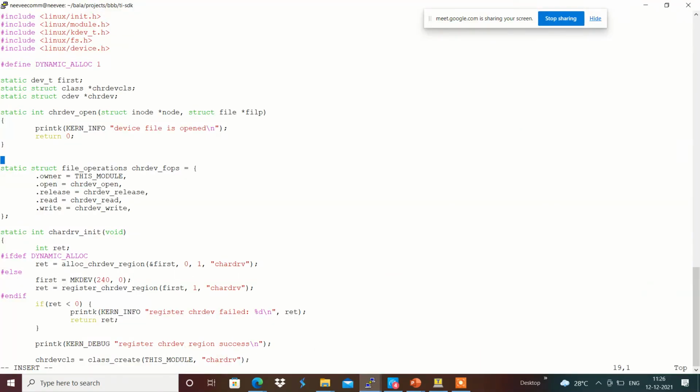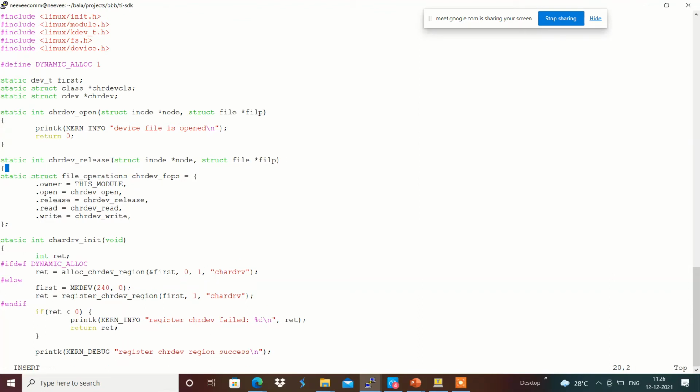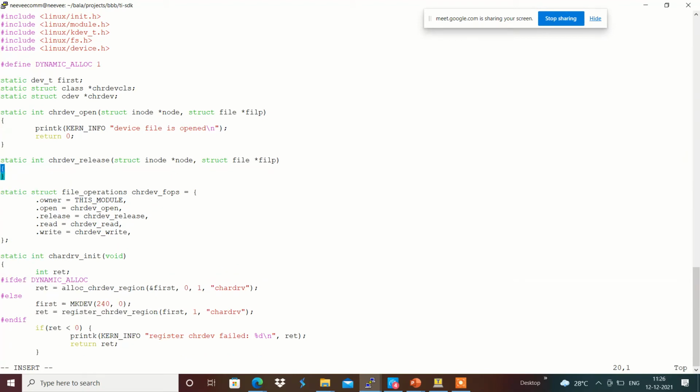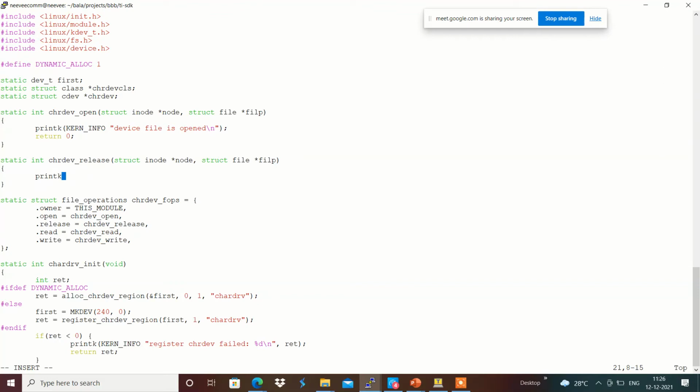For that I am going to use static int character dev underscore release, with struct inode star node and struct file star file pointer, and I am going to add a printk with KERN_INFO: device file is closed.